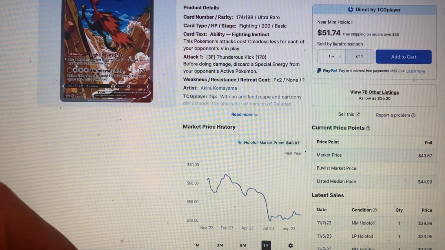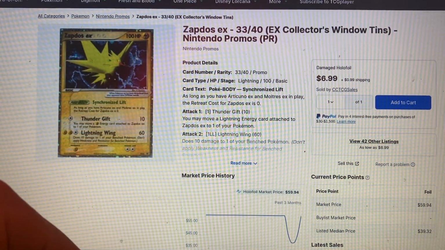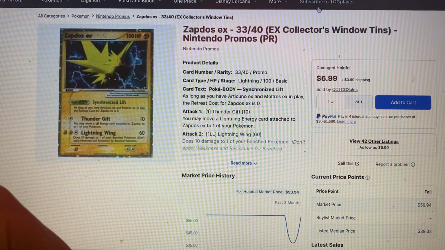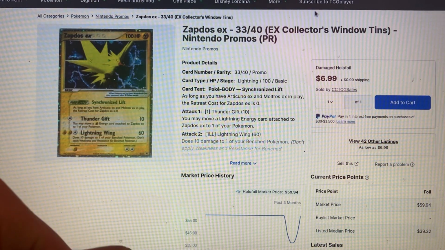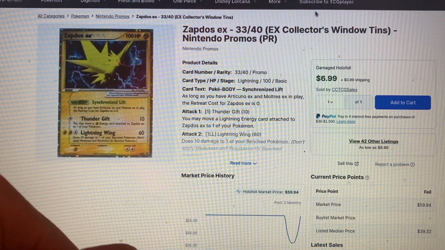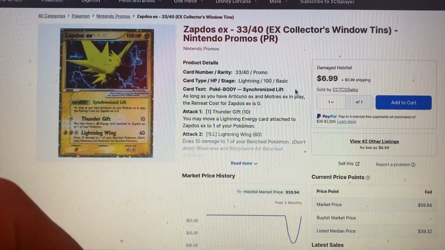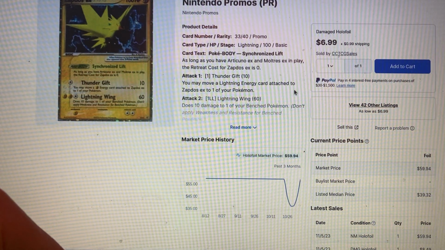At number 9, we have Zapdos coming from the EX Collector's Windows Tin. This is a Nintendo promo Zapdos, and with the borders around there, you kind of almost wonder, could they ever have gotten the idea for shiny borders in Scarlet and Violet? This Pokemon card is with a price tag of